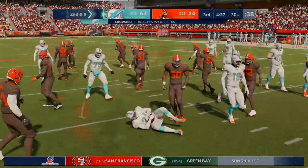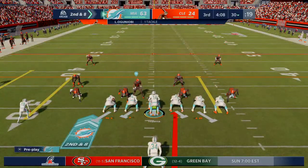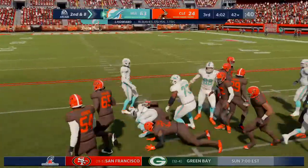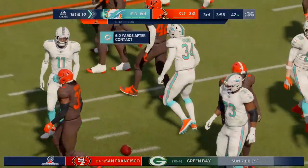They'll only get a couple up to about the 30. The last run got a couple. Here's 2nd and 8. 2 yards on the pickup. Again, it's Howard. And they get him down, but not before he takes it across the 40-yard line. He's brought down at the...